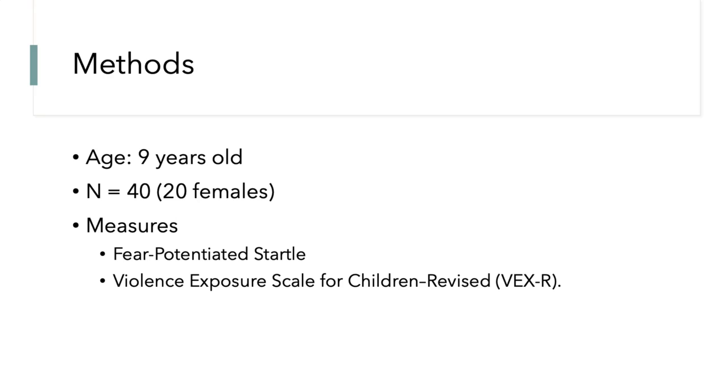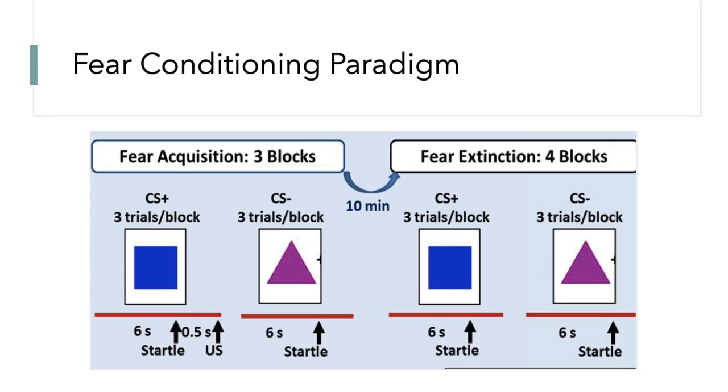Our study consisted of 40 9-year-old children living in Southeast Michigan, mostly from Detroit. We used the Violence Exposure Scale for Children Revised to measure lifetime violence exposure, and Fear Potentiated Startle to look at specific biomarkers. A frequently used psychophysiological measure of conditioned fear is Fear Potentiated Startle, which is the relative increase in the magnitude of the acoustic startle reflex in the presence of a previously neutral cue that is newly paired